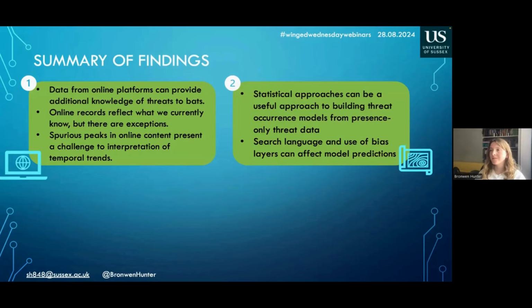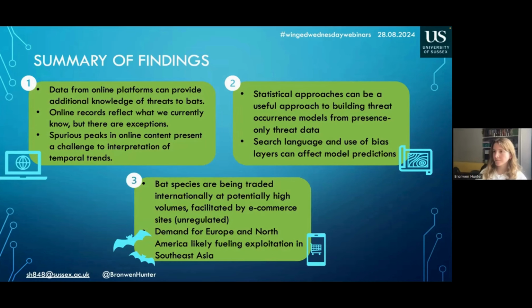Next, I found that statistical approaches from species distribution modeling can be really useful in building threat occurrence models from presence-only threat data, but we need to be careful about the language that's being used to obtain these data to feed into the models, and also think about using bias layers.